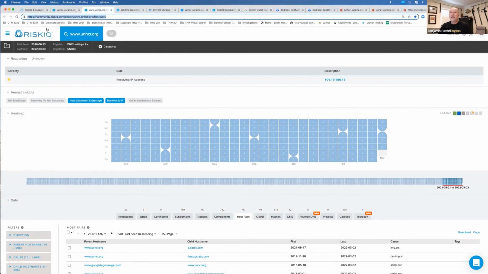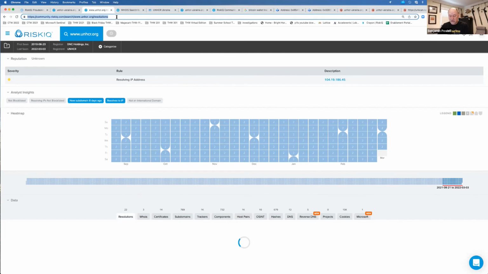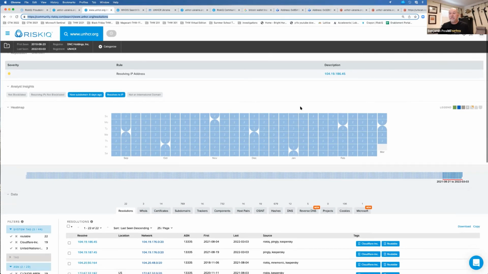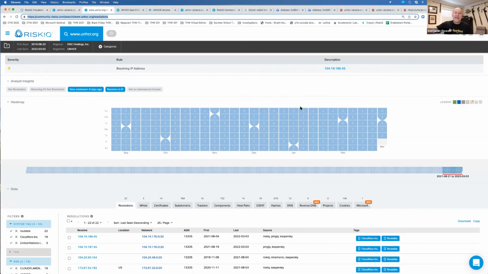We'll start from here, resolutions. I'm going to paste this one in. The real website is www.unhcr.org. That's the real one. You notice now that I have a timeline going back to 2010 where this was available.